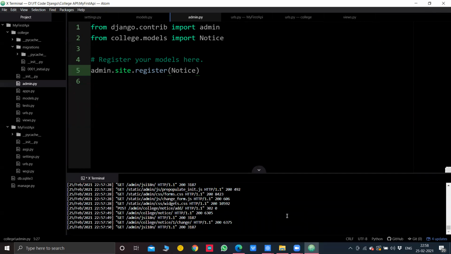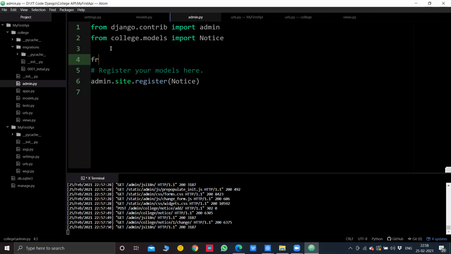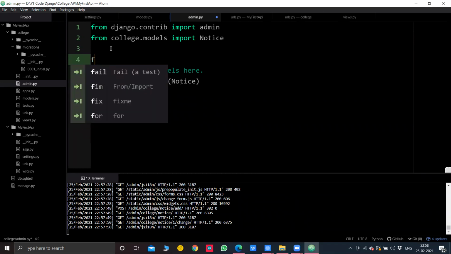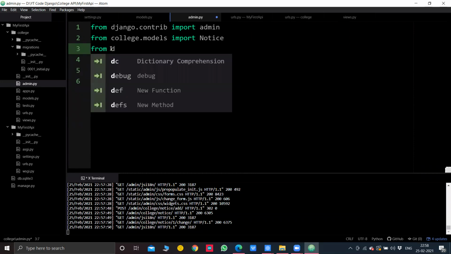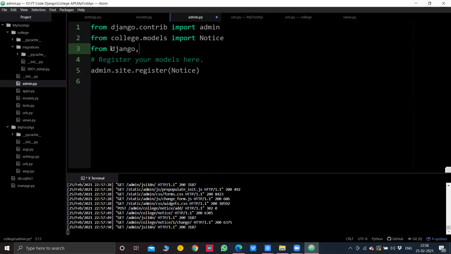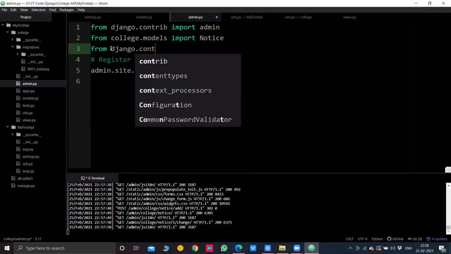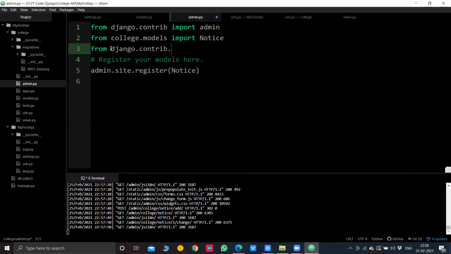Inside admin.py, we'll import from django.contrib.admin the options. Just options should be mentioned.